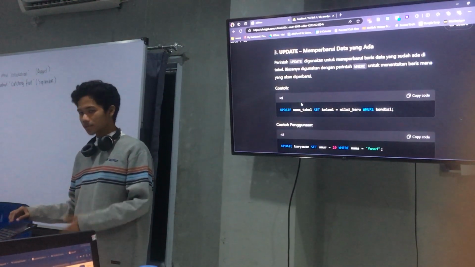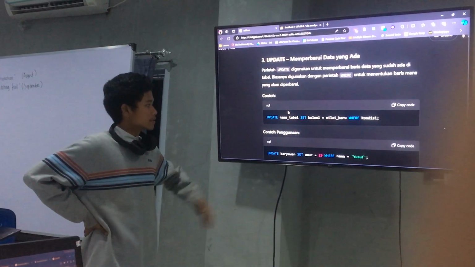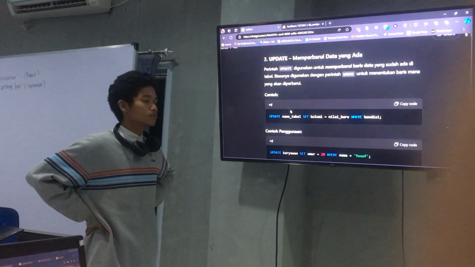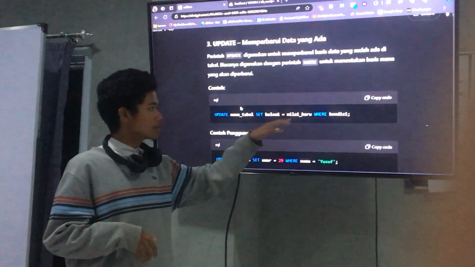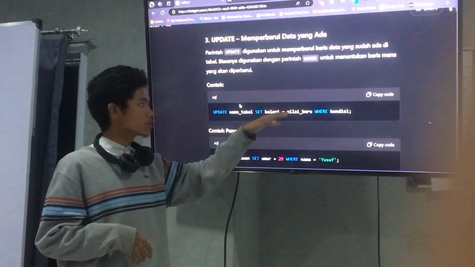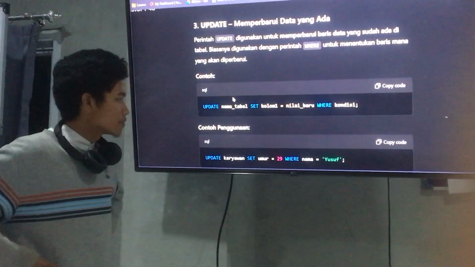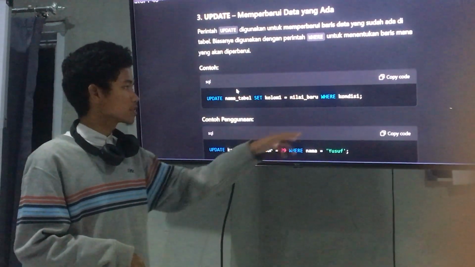You can see the example. This is update table name, then the second operation, set the column that you want to change, fill the value of the column, and give the condition of the change.